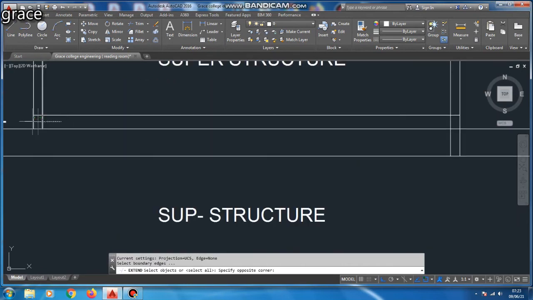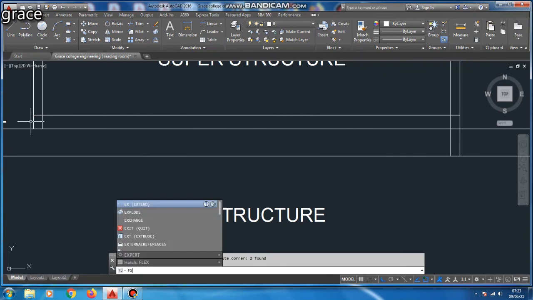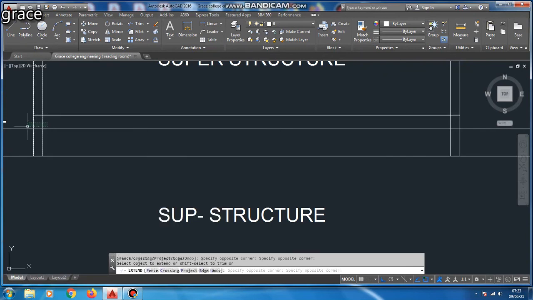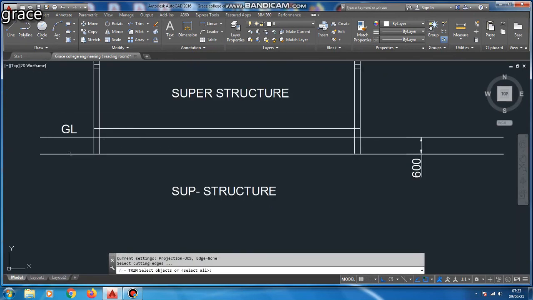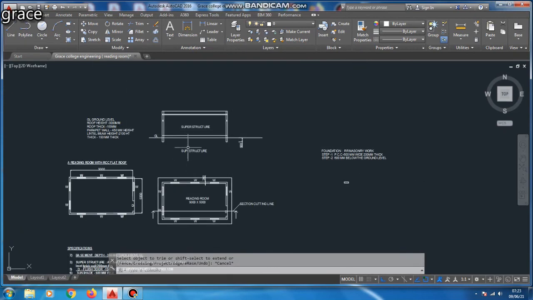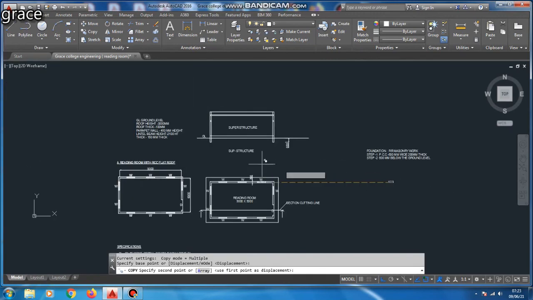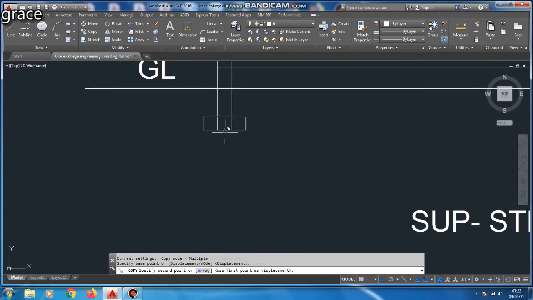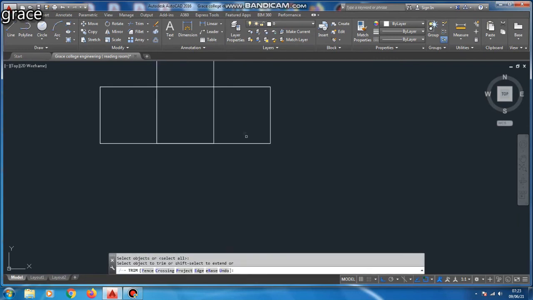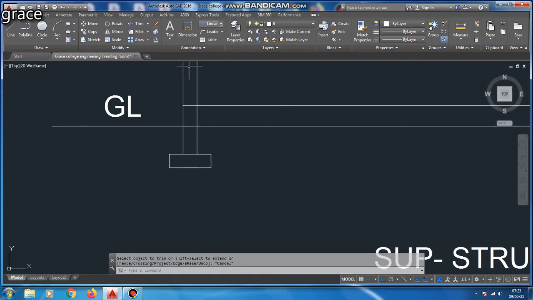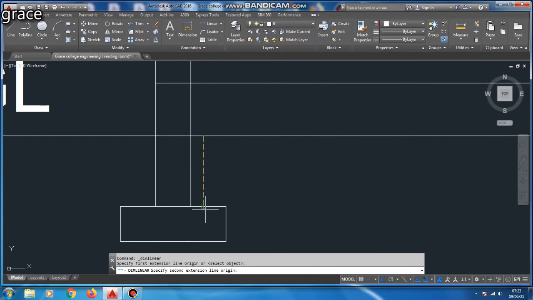Okay, so I am going to extend the wall line to the foundation level. Next, by using trim, we have to delete or cut the excess line from the substructure. Next, I am going to copy the rectangle to this foundation level.